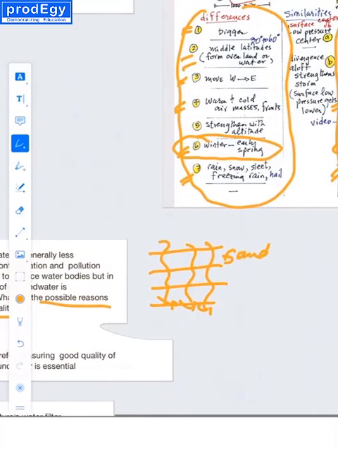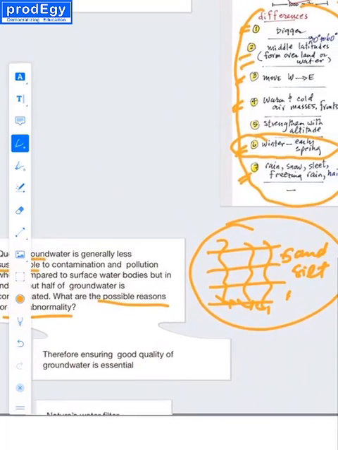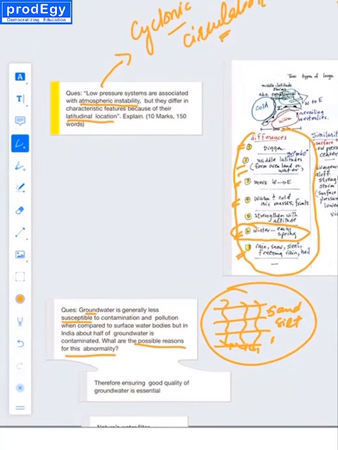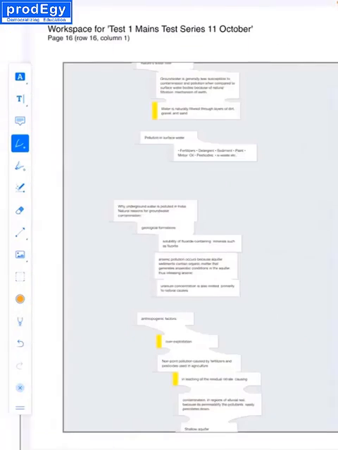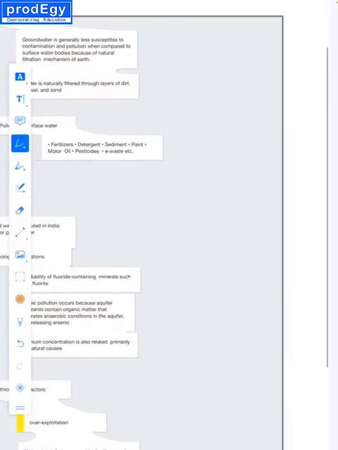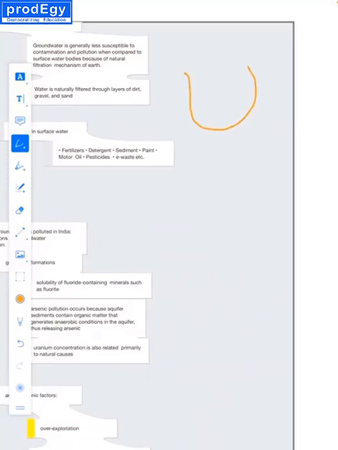Here you have sand, silt, and all these help in filtration of water. Any of the impurities which are present in the water are filtered out and pure water reaches your water table. But sometimes what happens, suppose you are having your water table,